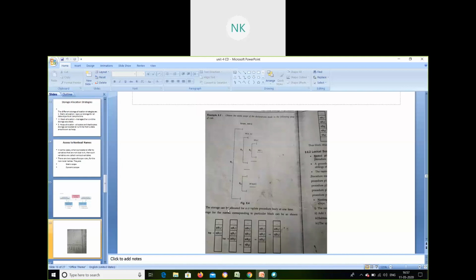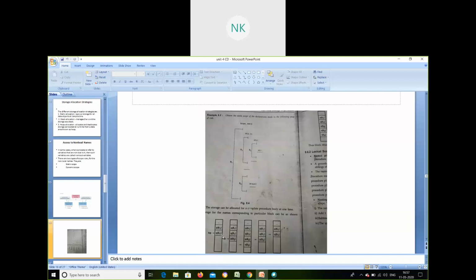I have named the complete procedure B1, inside that B2, inside that B3, and then B4. So procedure B1, P of B1, and what is the next variable? Q of B1. I have two variables, P and Q, in B1. This is the topmost one, top and bottom.